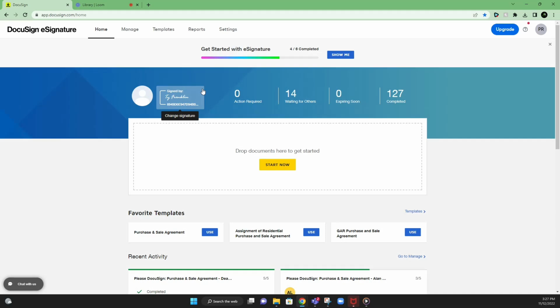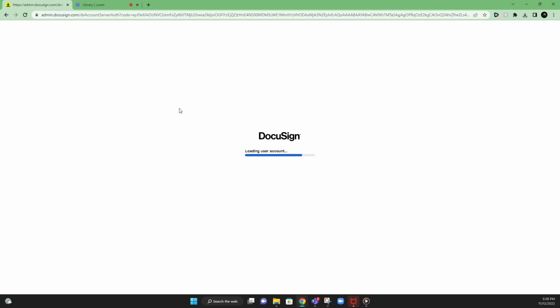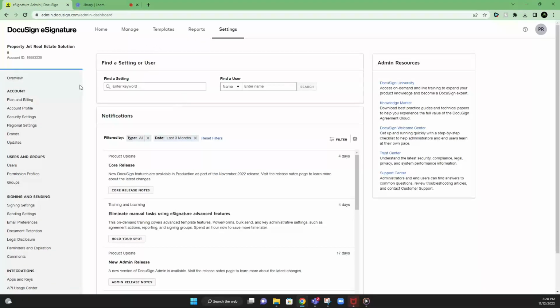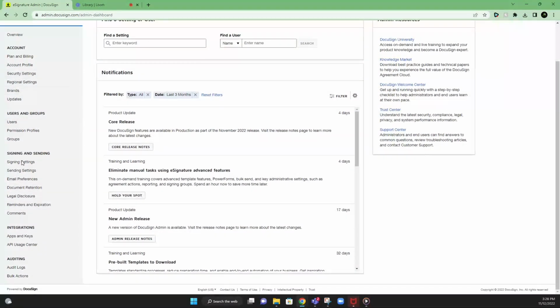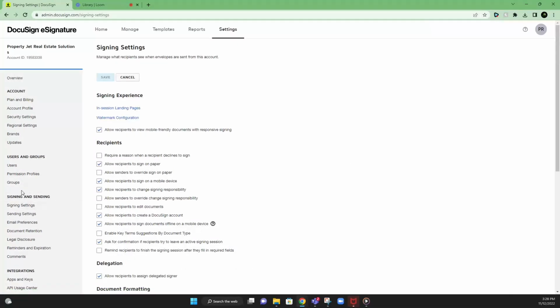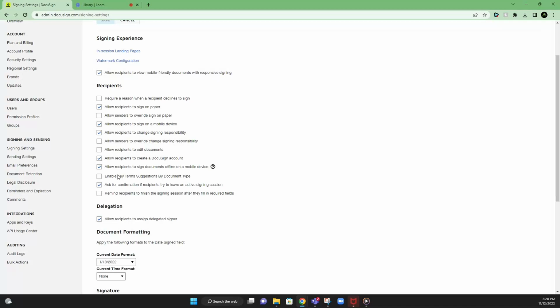So once you open up your home page, first thing I would recommend doing is going into your settings here. There's only a few key settings that I recommend that you look into setting before you start sending out contracts. Go down to the section here where it says signing and sending. Click signing settings. Once you get the signing settings, you'll have a list of check boxes in which you have to check off on what you would like your recipients to see. So here are some of the boxes that we have checked off here. I'm not going to go through each one of them, but you can pause the video and select these as